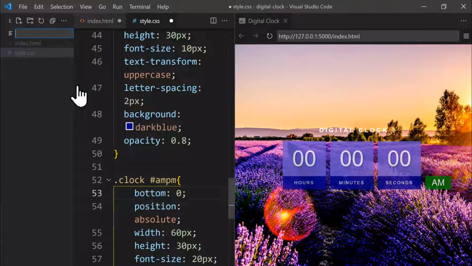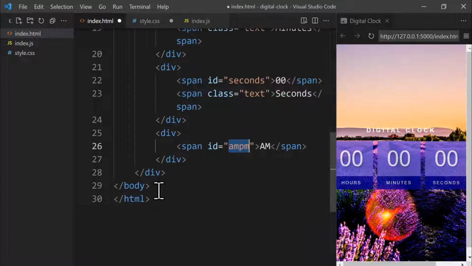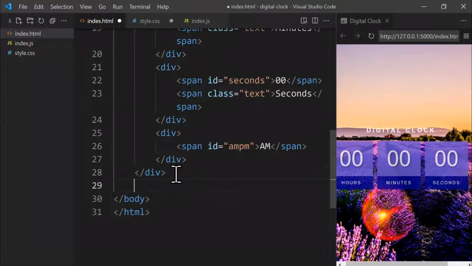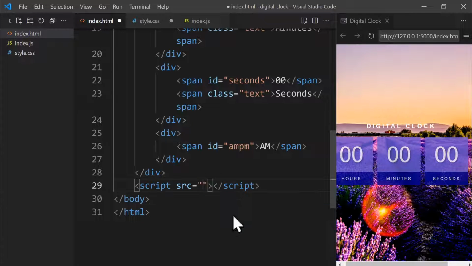We name the file index.js and we press Enter. Before using JavaScript in our project, we must add a link to the JavaScript file within the HTML code. So we go back to index.html, and just at the end of the body section, here, we add a script tag. We just write SC, and we click on the second auto-suggestion, the one with the src. As both files, I mean index.html and index.js, are located at the same directory, we just need to write index.js